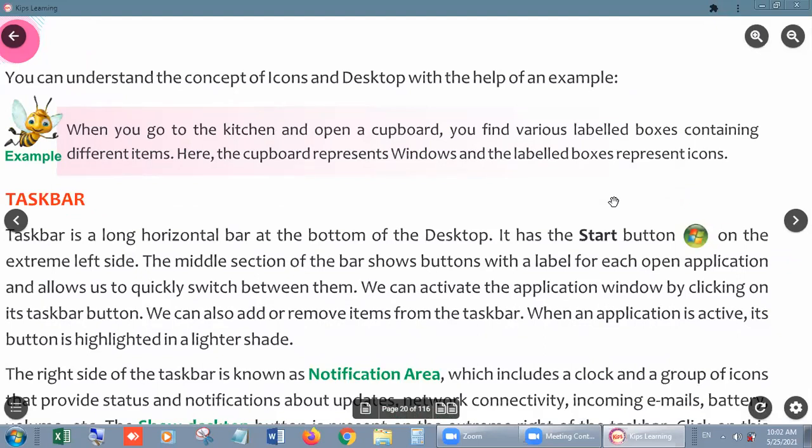cupboards, meaning boxes inside which you have kept containers, and on those boxes, inside this cupboard, we have some boxes. And what is inside that box?